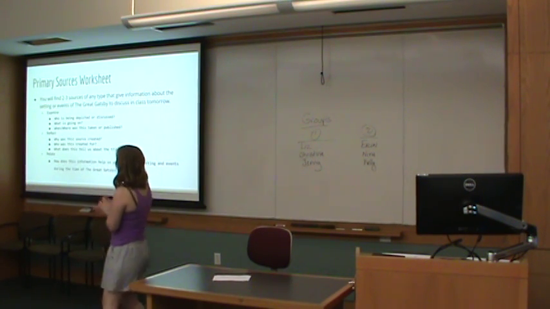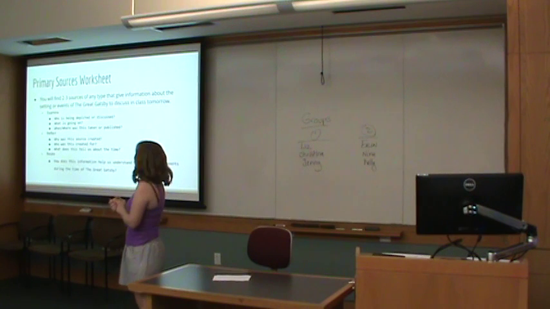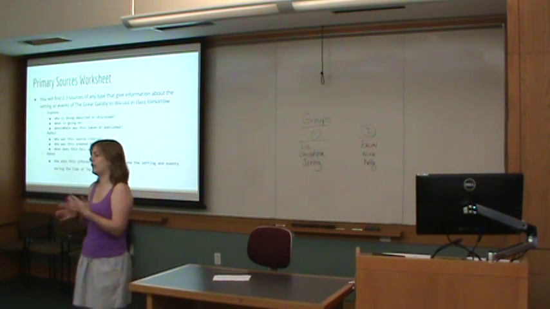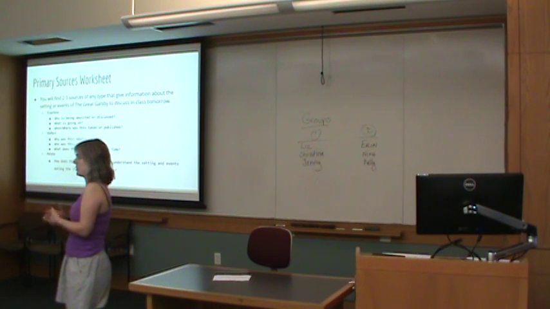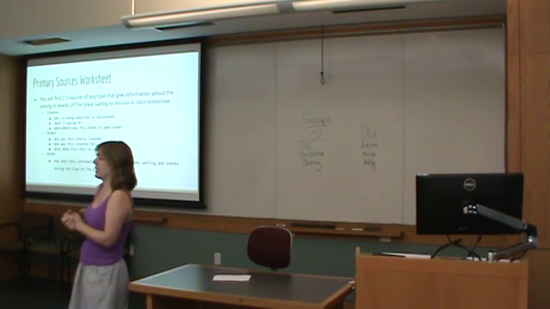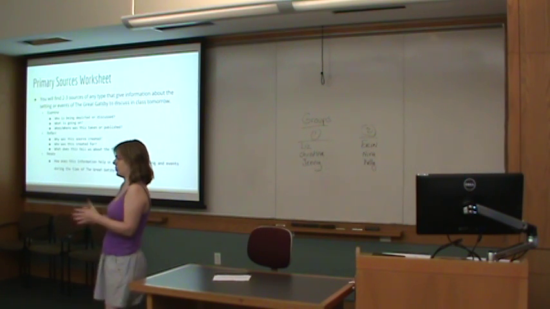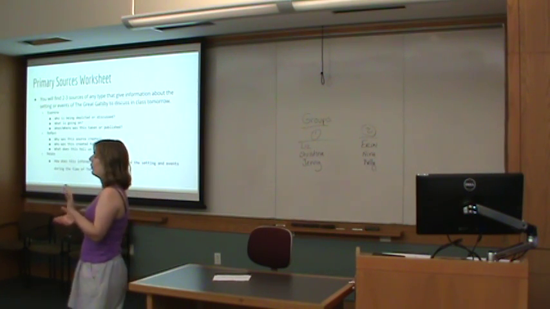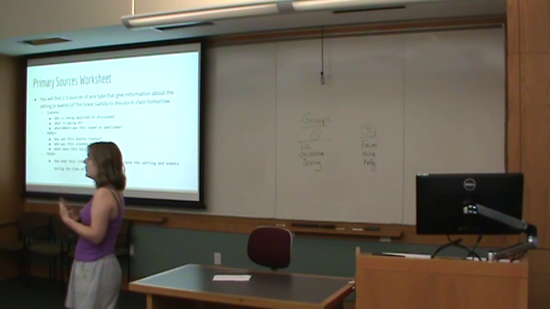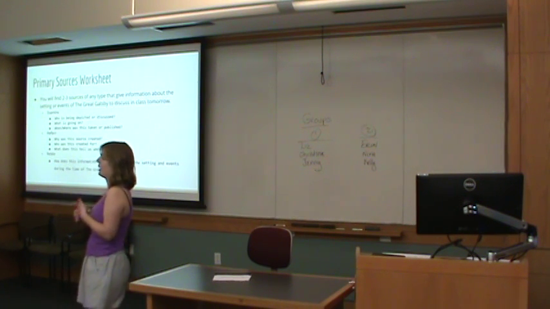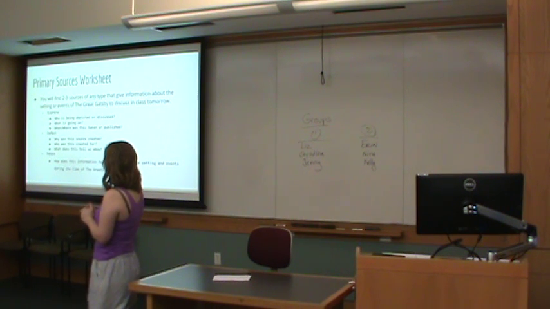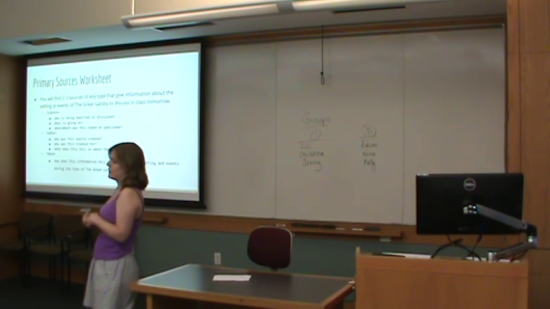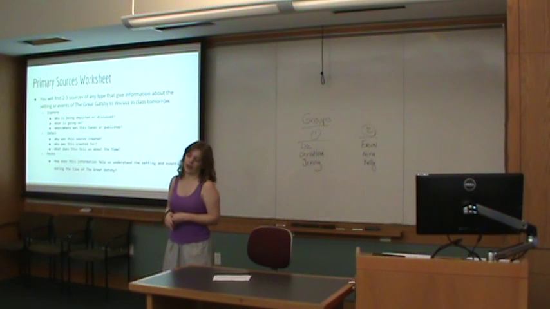So we kind of know what's going on. And what do we think about that? One thing we're going to be looking at when we're looking for our primary sources to help us with our discussion tomorrow for The Great Gatsby is why these things were created, who they were created for, what the purpose was behind them, and what that means for the society at the time, what their priorities were, and what that means for the events that were happening in The Great Gatsby as well.